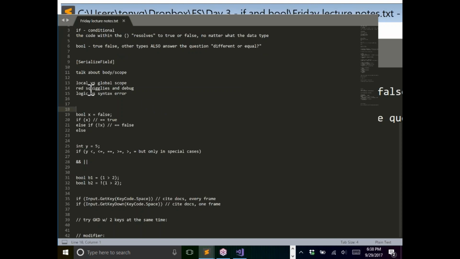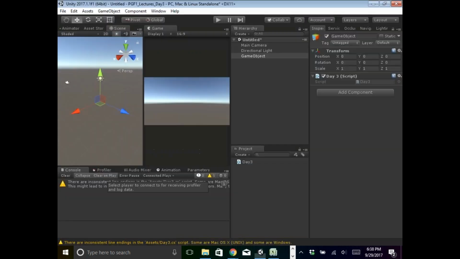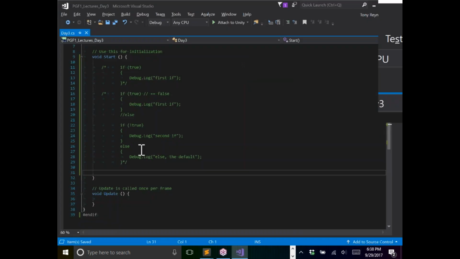Okay, that covers the red squigglies. Now, if I wrote some kind of bad logic, that's what's referred to as a syntax bug. If I was expecting some bit of math to happen, like you guys last time wrote add and multiply, and I accidentally wrote an addition instead of multiply and I wanted to know what was going on, Justin covered a little bit about putting a breakpoint by selecting over here in the, let's see here,